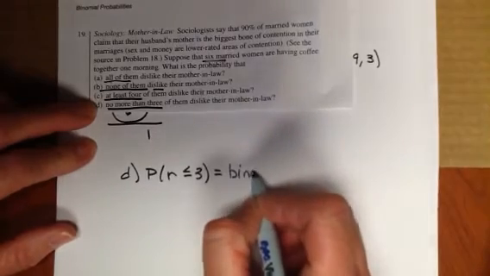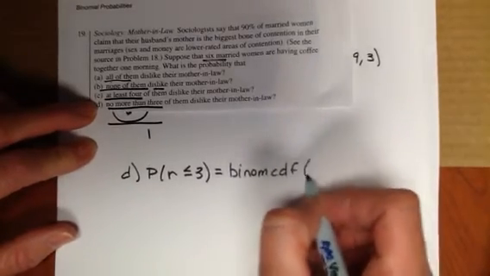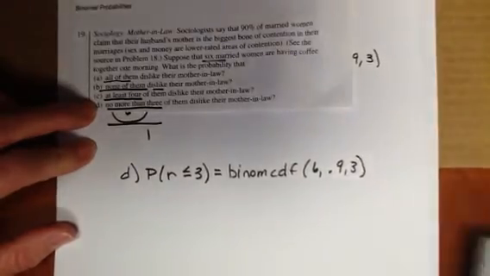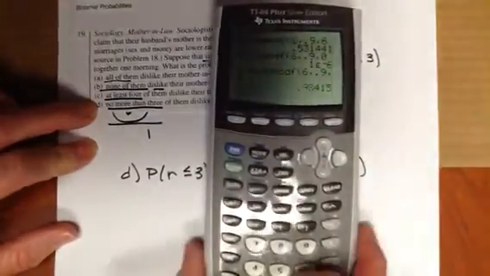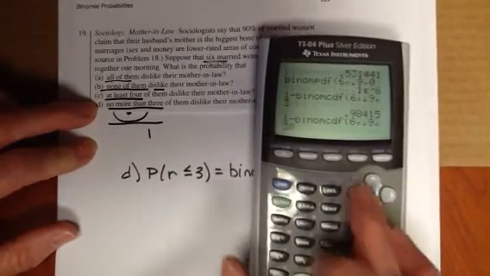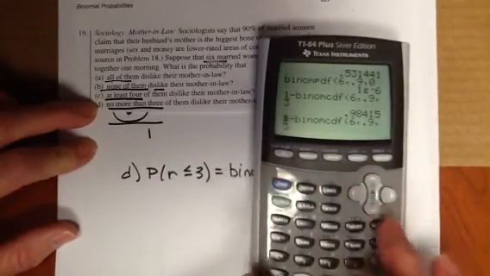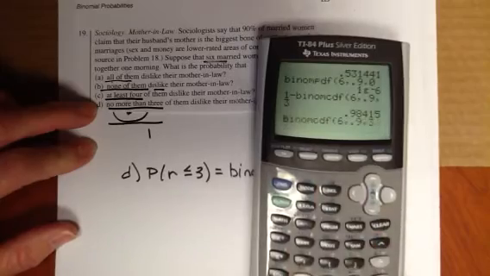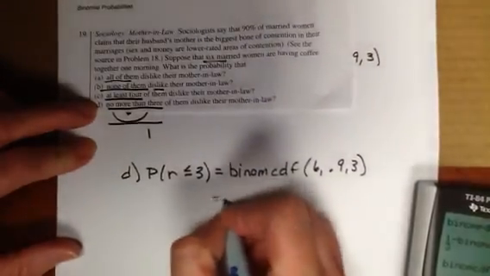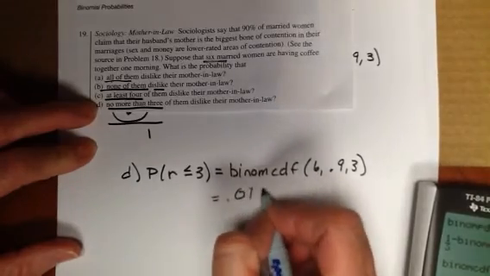We just do binom CDF 6, 0.9, 3. So you could say, well, I could do second enter, arrow back, and delete these two, and I would have my answer. 0.015